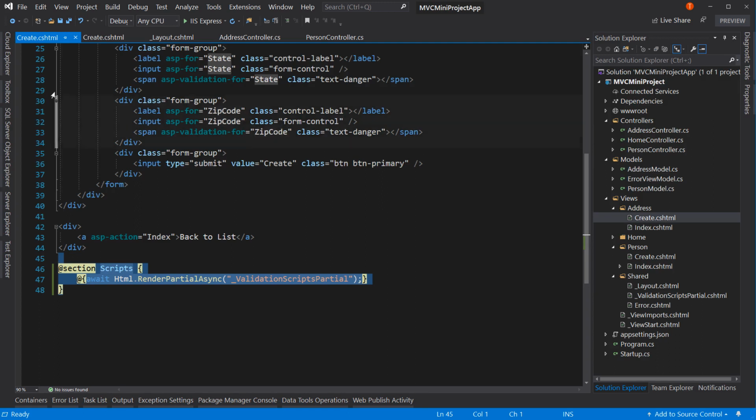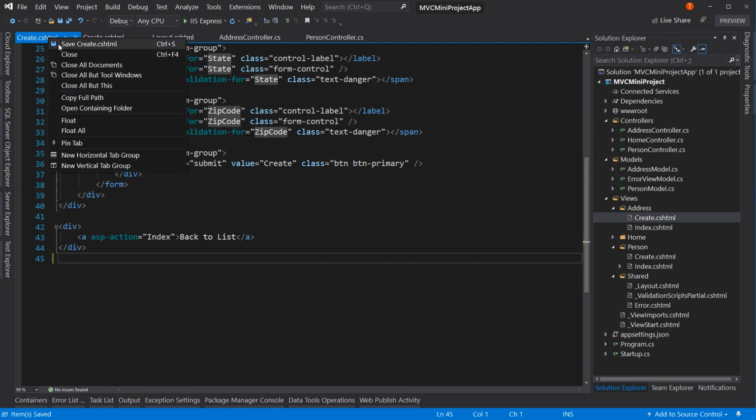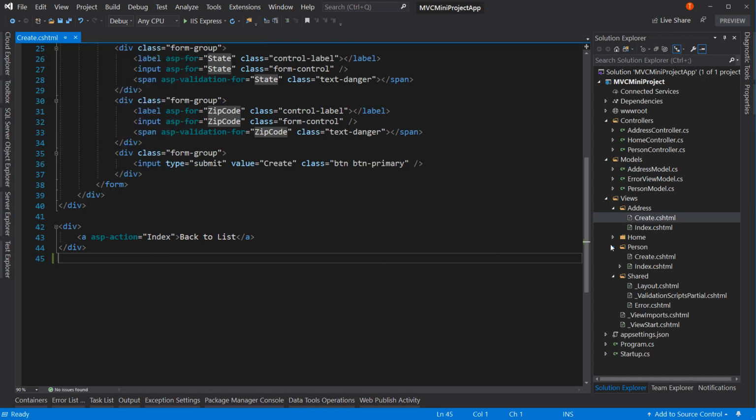Let's get rid of this. This is the create page for addresses. So let's get rid of this again. And I'm going to close out all documents but this. So now if we look at the